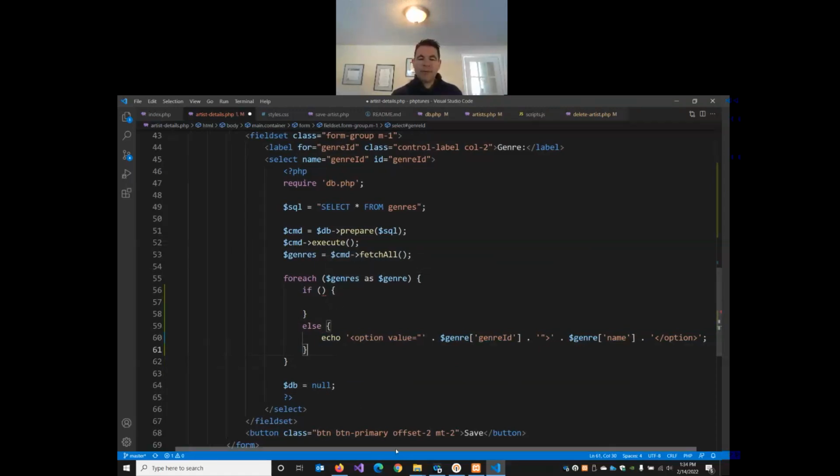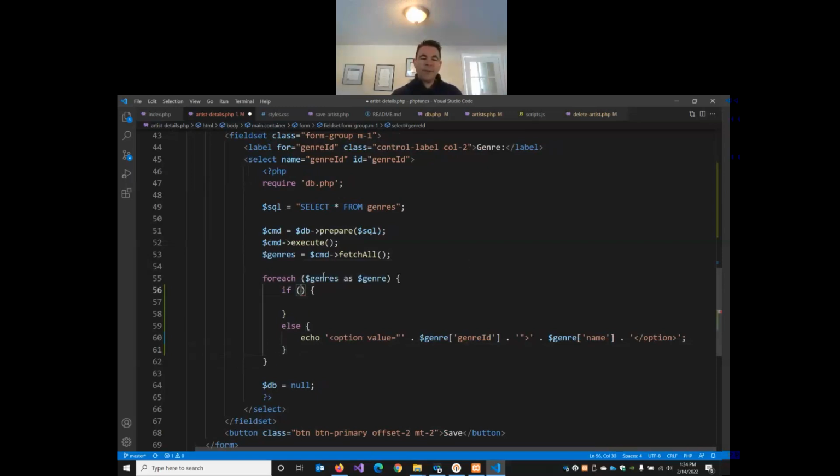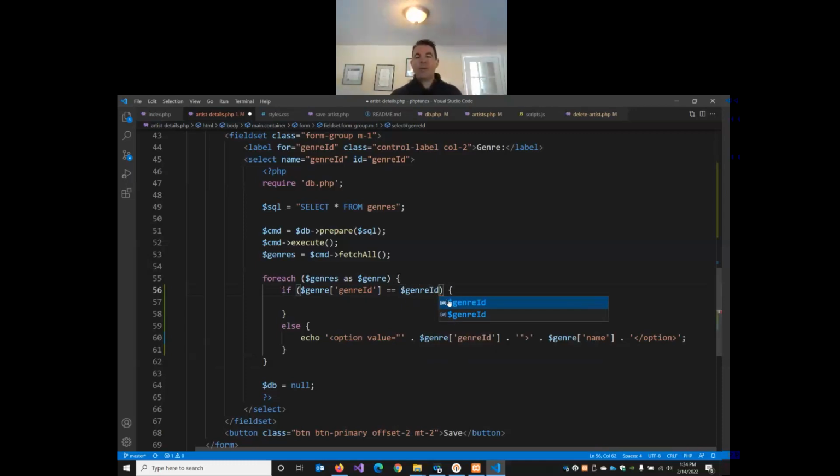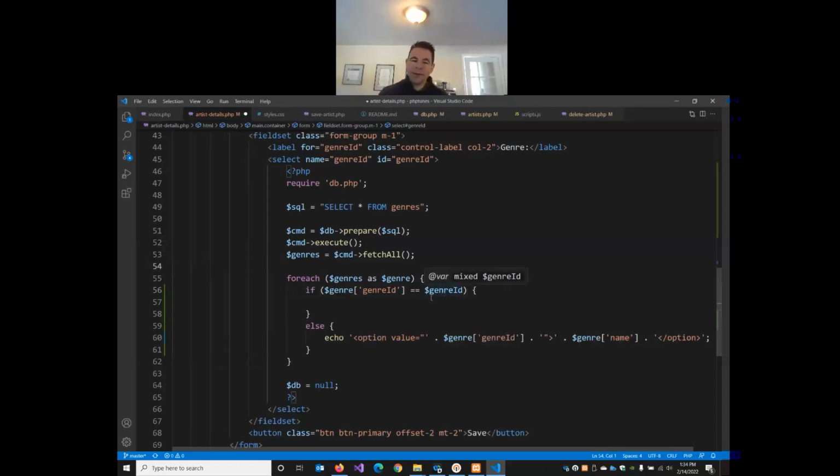And here's what our if statement is going to be. If genre ID, and you must use a double equals here. We are comparing if the current genre is equal to the genre ID of the artist,